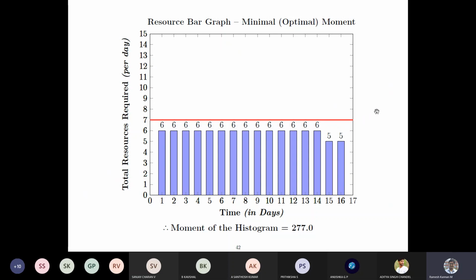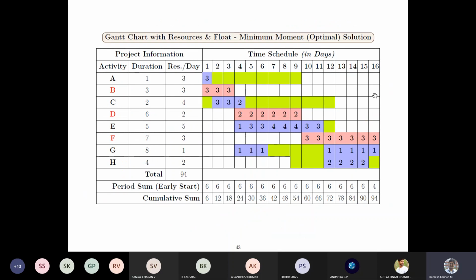And finally, how do we incorporate that into the actual table or the Gantt chart? This is the way in which you can do that. In the first activities, the duration is 3 3, and we move this to 3 3 2, and finally we have some resources of G here, and G gets moved here, and finally H gets moved here, and you'll get this profile. So you get this balanced profile. This is how you have to do it.